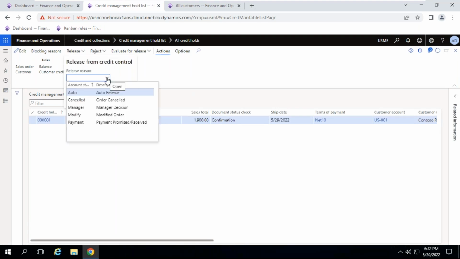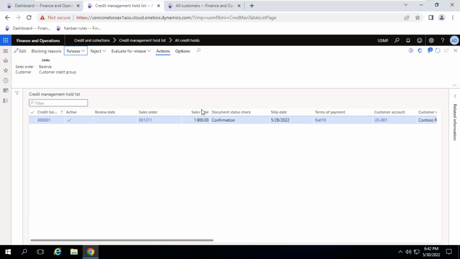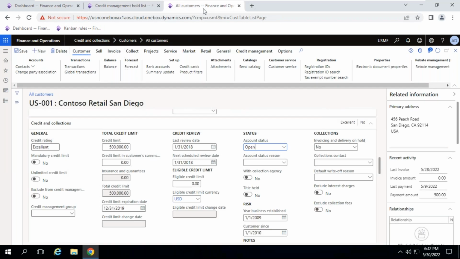So the sales representative has given justification to the sales manager, like I will collect money, or the customer has discussed with the sales managers and they want it. So the reasons you can write here, and you can allow to proceed for this customer. Okay, now the major challenge is